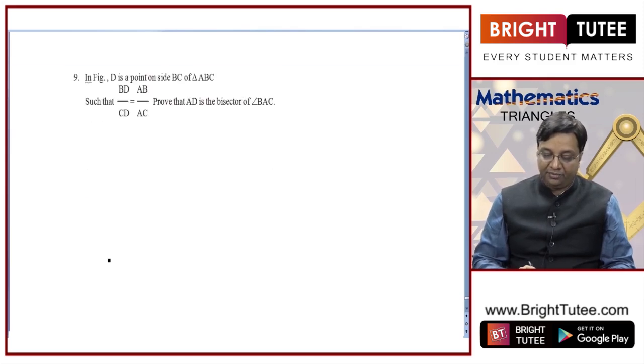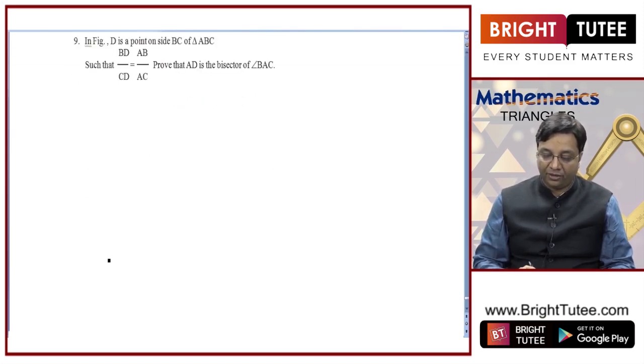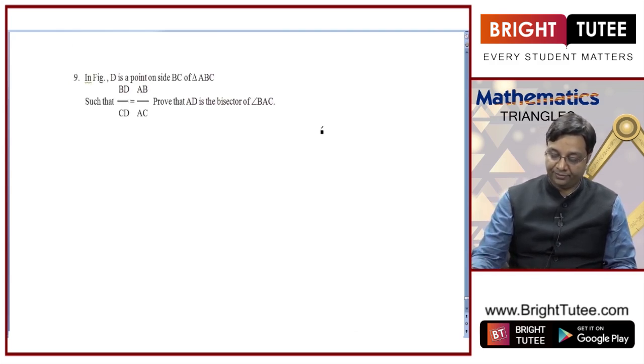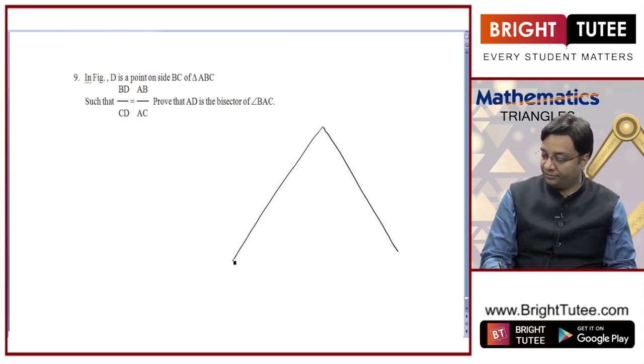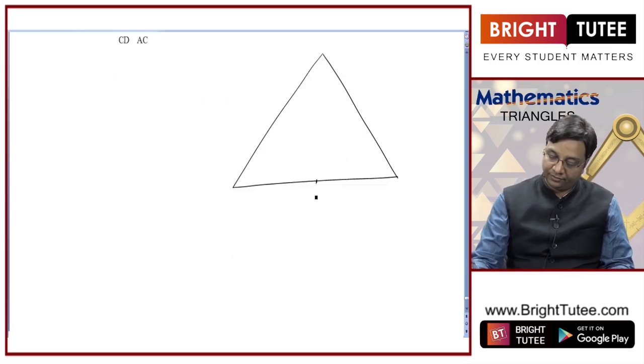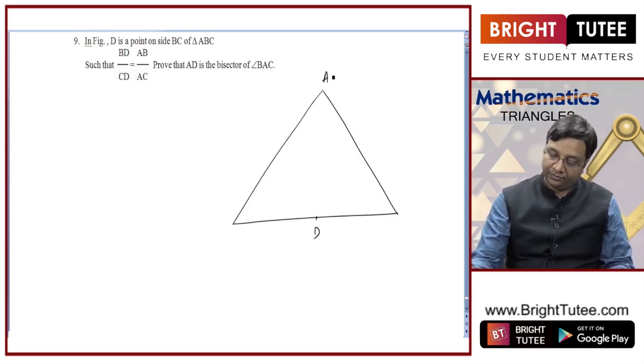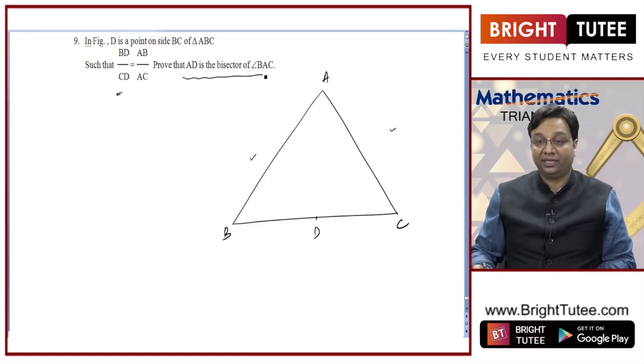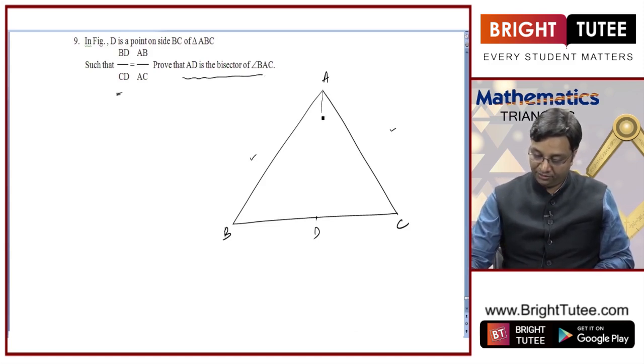Now if D is a point on side BC of triangle ABC, such that BD by CD is equal to AB by AC, prove that AD is bisector of angle BAC. So